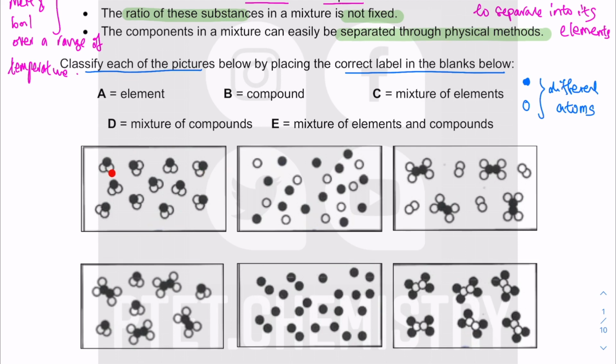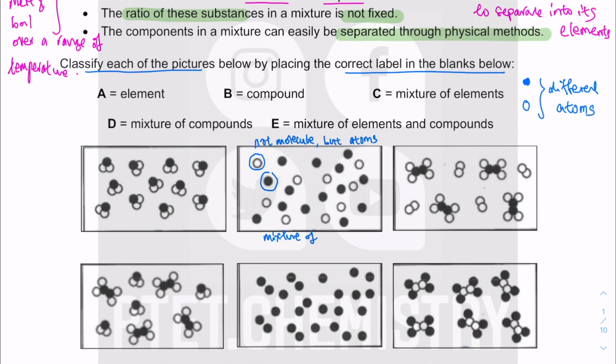Remember earlier we talked about the term molecules. Molecules have atoms combined together, and therefore they will give you molecules. When these are individual atoms, they are not combining with each other, so these are not molecules, these are atoms. But you also have different atoms, because this is one kind and this is another kind, so they are different atoms and they are not bonded together. So what you have is a mixture